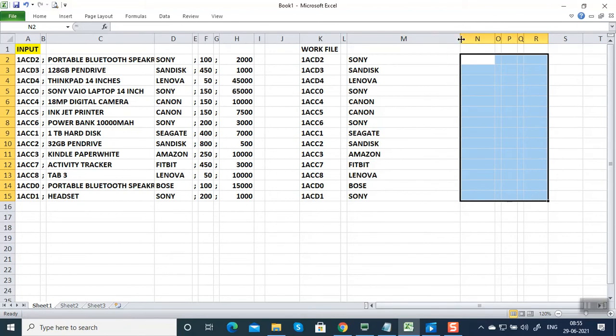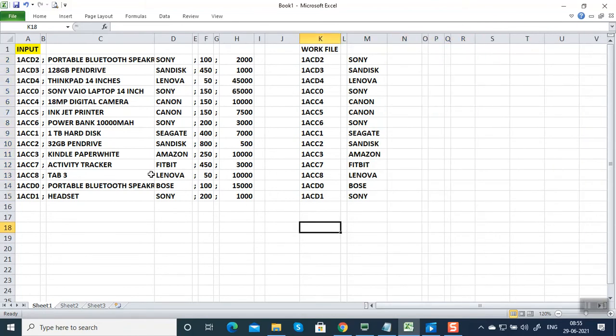You can see the change in the position. Here, item number in the input file and in the work file are in the same position. Starting column is 1, while brand name has changed. In the input file it is column 33, while here it starts in the 7th column, 7th column, 10 bytes. Suppose you want to sort, now sort fields will apply.